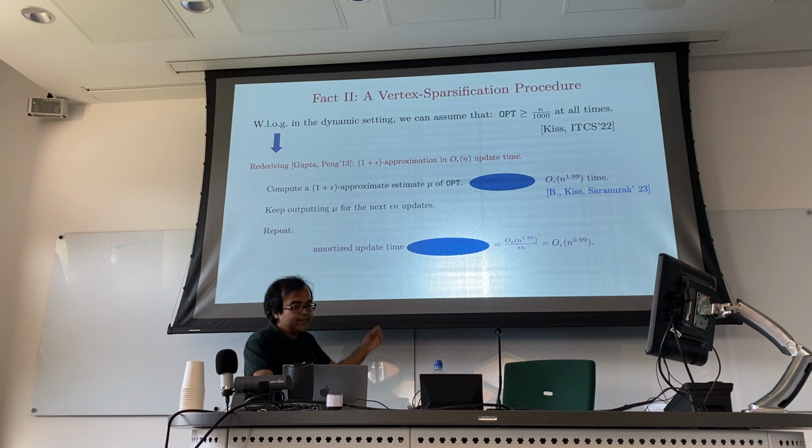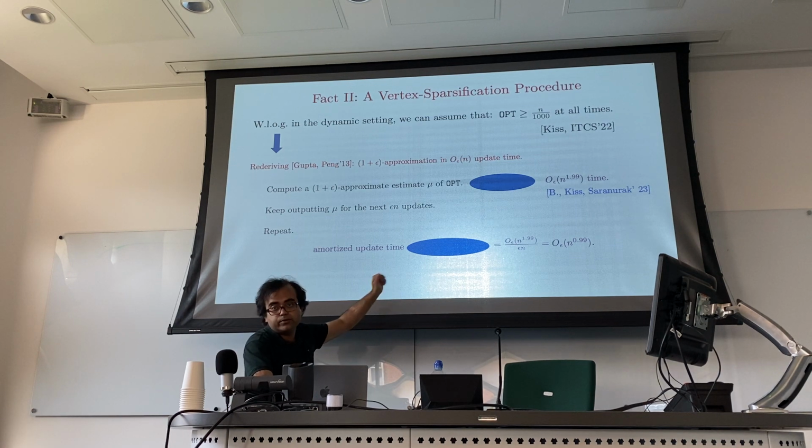Okay, and this is why all these recent improvements work only for the value version, because they are just using sublinear algorithms as subroutines, and those can only deal with the value version of the problem.